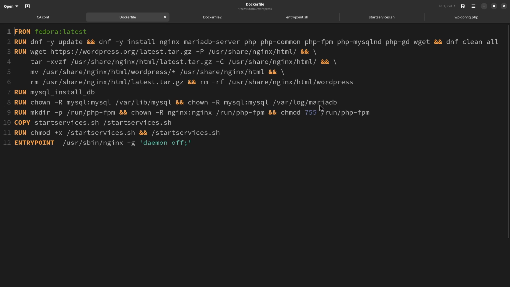Now, you might be wondering why this /var/log is not MySQL. Remember, we're using MariaDB, so that's why this has to be MariaDB. If you put MySQL, the command will run, but when you start it, MySQL will fail because it's not able to write to the log file. Okay, then after that,